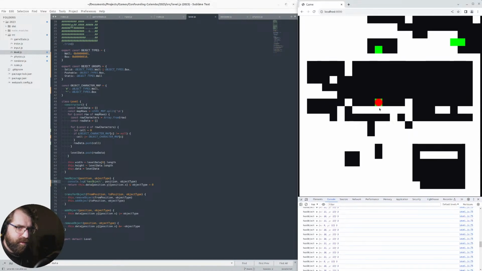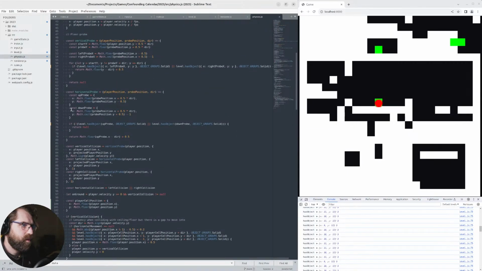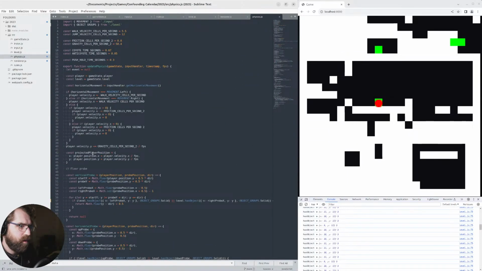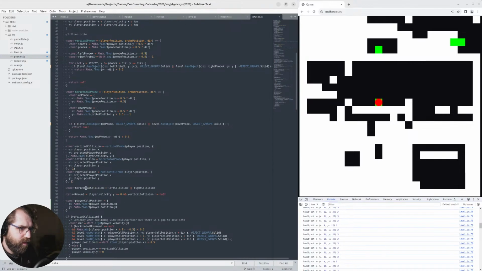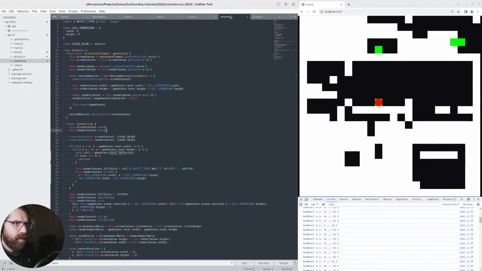So clearly it is colliding sometimes. What have I done? What have I done wrong? Projected player position. Where's my player cell position? X is that, Y is that. That's correct. Yep. Let me check something then. So